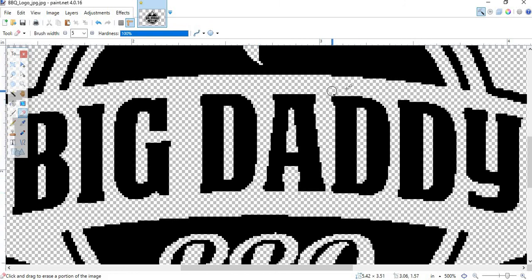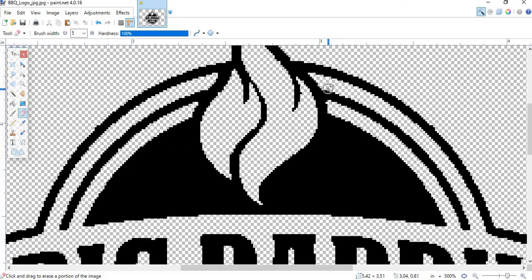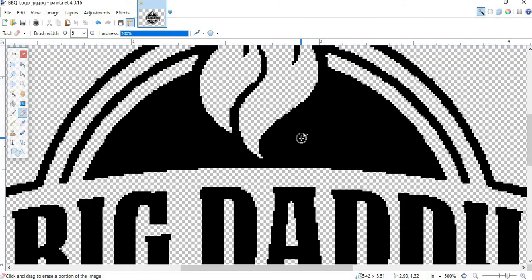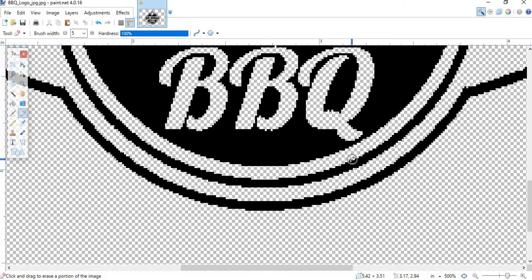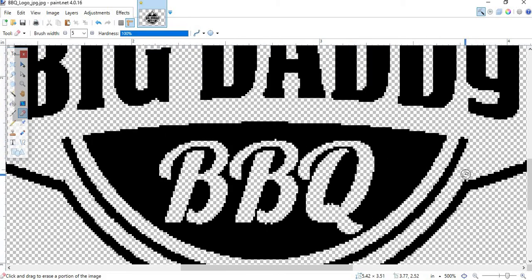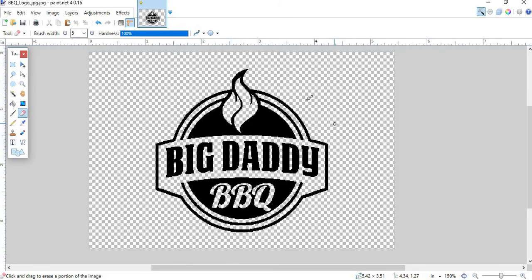The more you clean up now, the less you're going to have to fix later. You can add bridges at this point, or you can do it in your CAD program, whichever's easier for you. As you can see, this really wasn't the greatest image because it's not very big pixel wise. So I'm going to crop it. One handy tip for